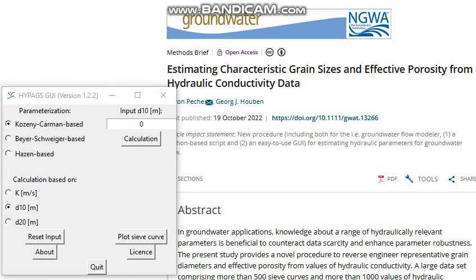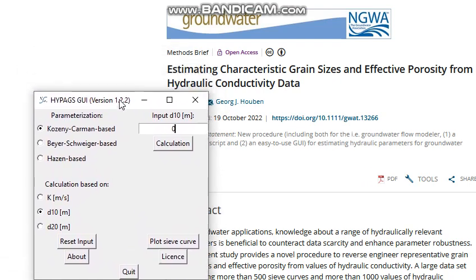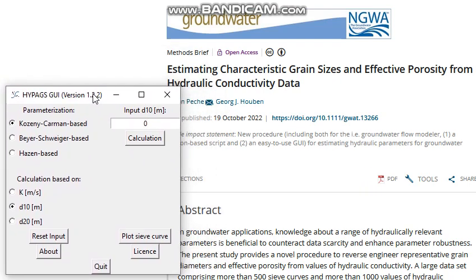Today I want to show you a novel tool for the estimation of hydraulic parameters for any type of hydraulic groundwater calculation that you want to do. For example, you may plug in the hydraulic parameters that you estimate with this new tool into your numerical groundwater flow model. All right, so this is the little tool. It's just a little Windows-based GUI. And what you can do with this is you can